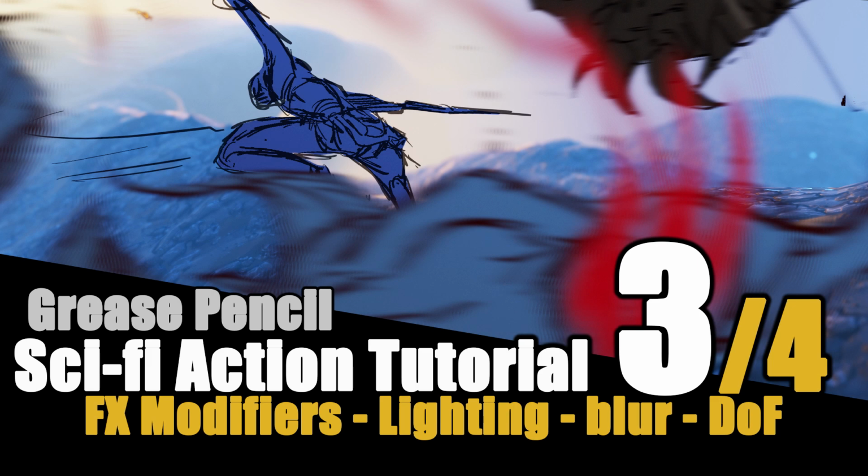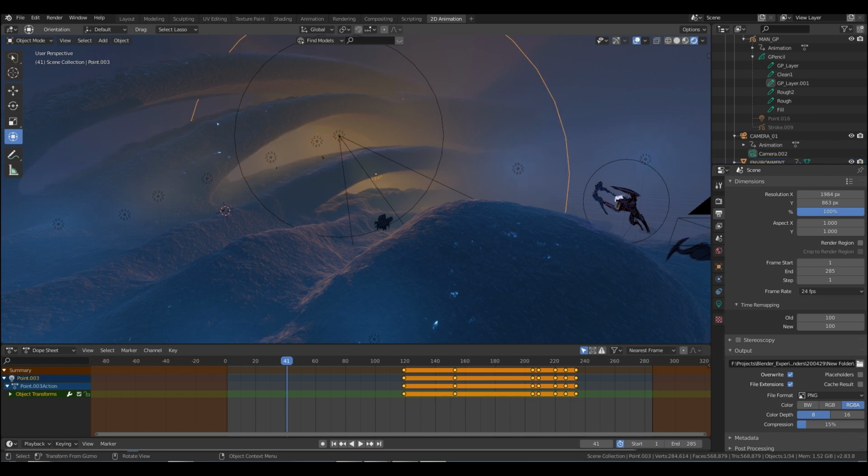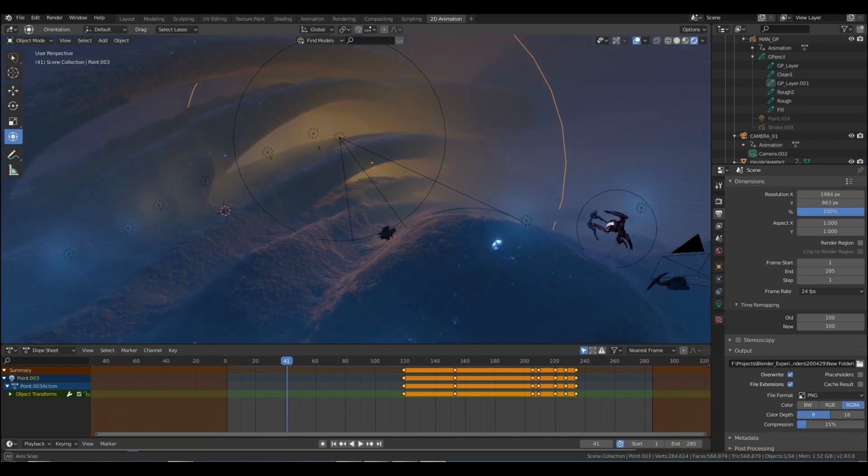So now all the drawing's done, and all the flats and everything, and all the character interactions are working, and we're happy with the timings and all that kind of stuff is done. We've done the main bulk of the work. So now it was time for me to refine the cinematography, to refine the lighting, and to make use and